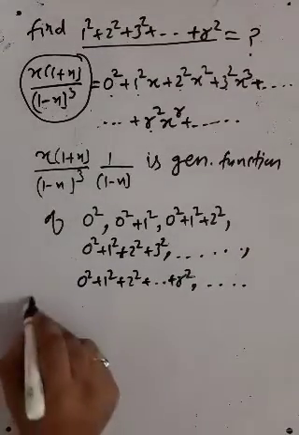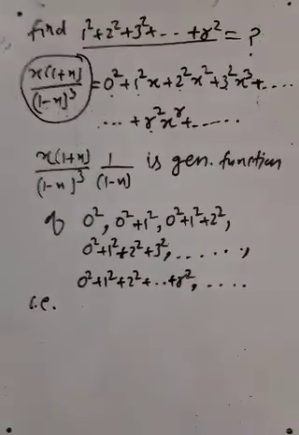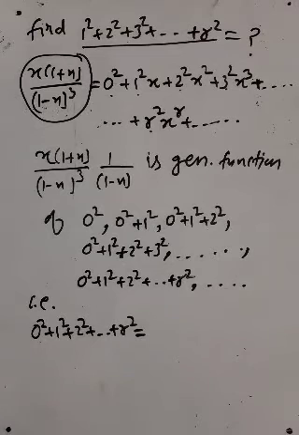It implies 0 square plus 1 square plus 2 square plus up to r square is equal to